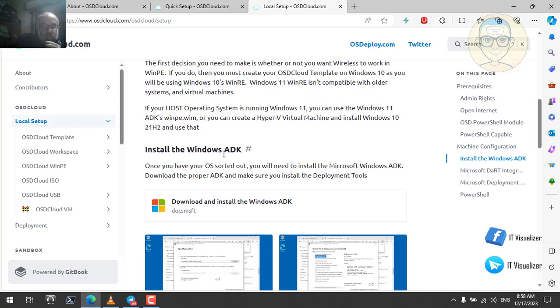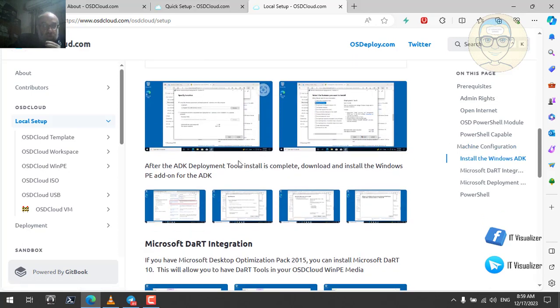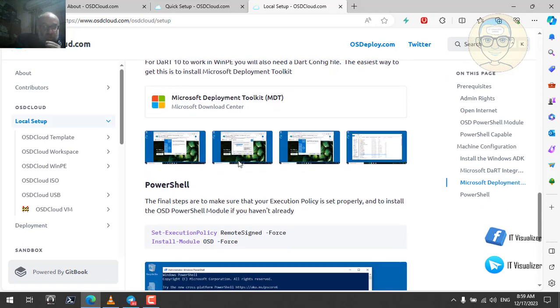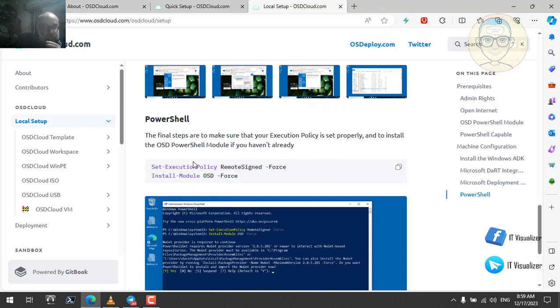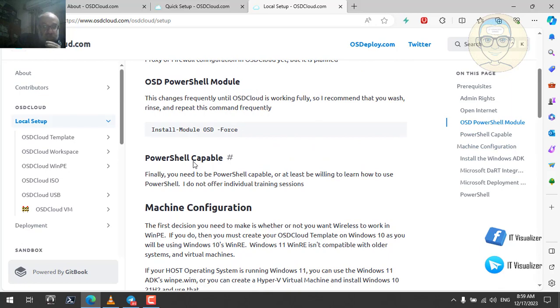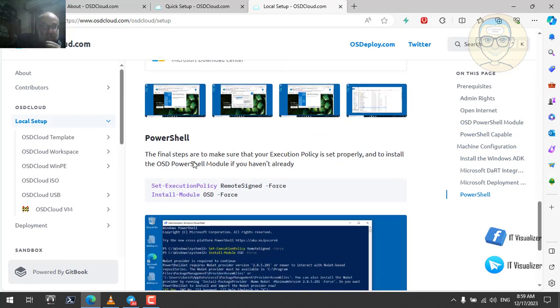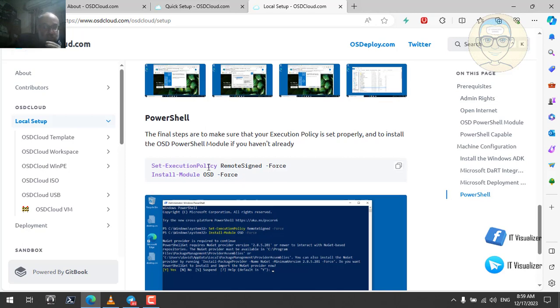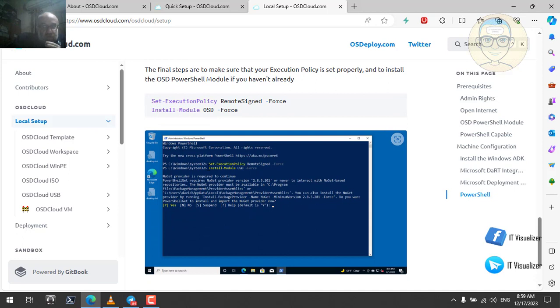So here we need to install the ADK. You need to download the ADK, and after downloading the ADK, we have already downloaded the OSD PowerShell module. Here we see this was in the before step, to install and then to import it in a PowerShell window. Then we need first to set the execution policy, because we need to install the module in a PowerShell window. So we need to set the execution policy of the script to be bypassed